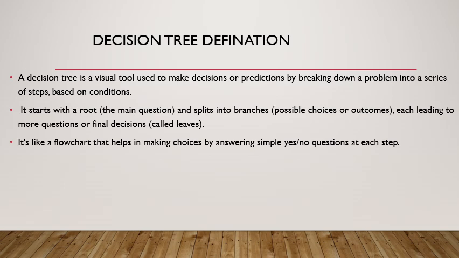Okay, here root node is the main question or main problem, split into branches like parts of the problem or possible choices or outcomes that lead to more questions or a final decision. Final decision means what here? Leaves. It is a flowchart, helps in making choices and answering simple questions, yes or no based questions at each step. This is about decision tree. So next,